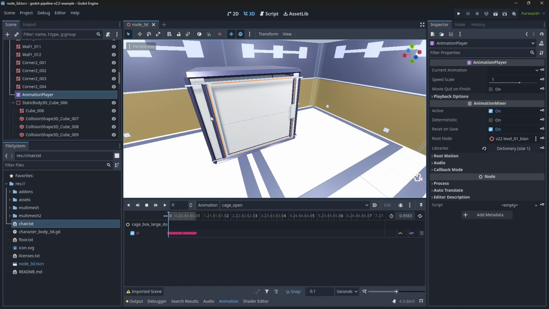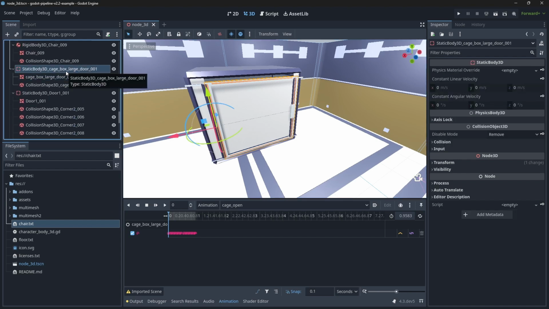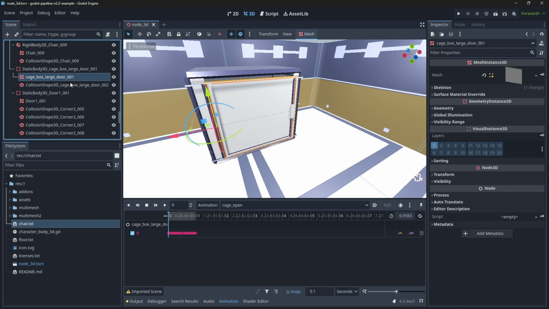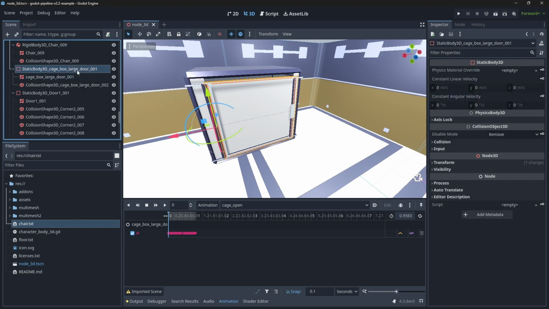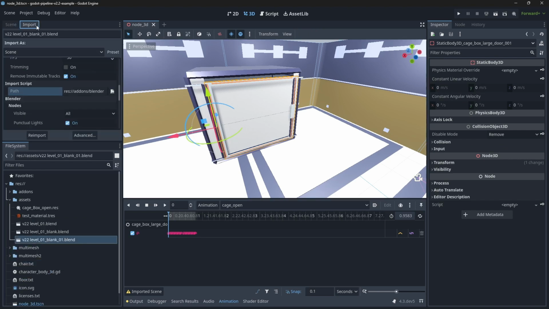The problem is that you've basically reparented it, right? So the add-on has recreated this structure where Blender tried to animate this object originally, but now we need to actually animate the static body. So the way you fix it is that we go into our blend file here, go to import, then we